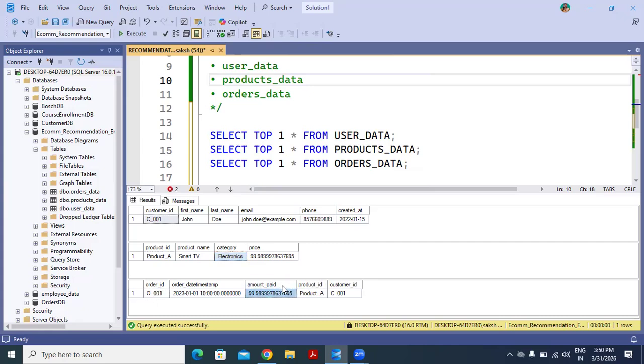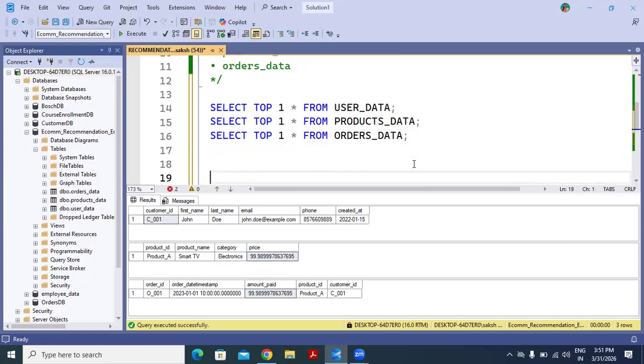One is your orders table, with the help of which we can identify which category the users have bought from, and we need the products table also to recommend the other products from the same category. So now let's quickly join both the tables to get the category for each order.